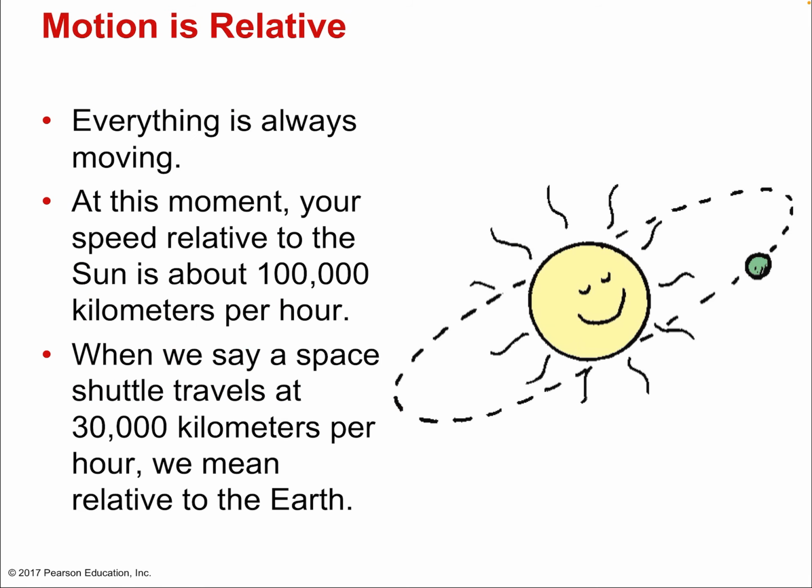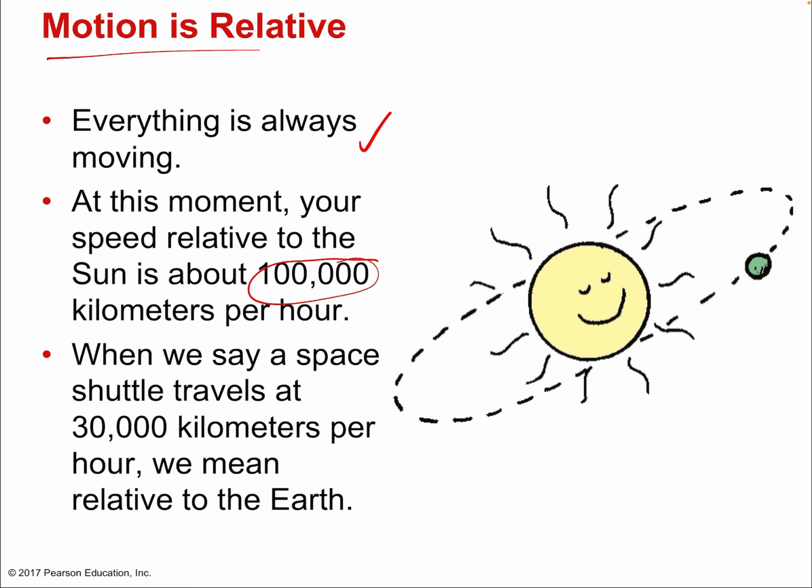Good. Now, an interesting thing about motion, just a quick aside before we talk about acceleration: it's relative. If I say I'm at rest right now, sitting in my chair, that's a form of equilibrium. It's not the dynamic kind, it's the at-rest equilibrium. But are you really at rest? Well, relative to your room, you're at rest, but not relative to the sun. Everything is always in motion. At this moment, your speed relative to the sun is about 100,000 kilometers per hour. You're going incredibly fast relative to the sun.